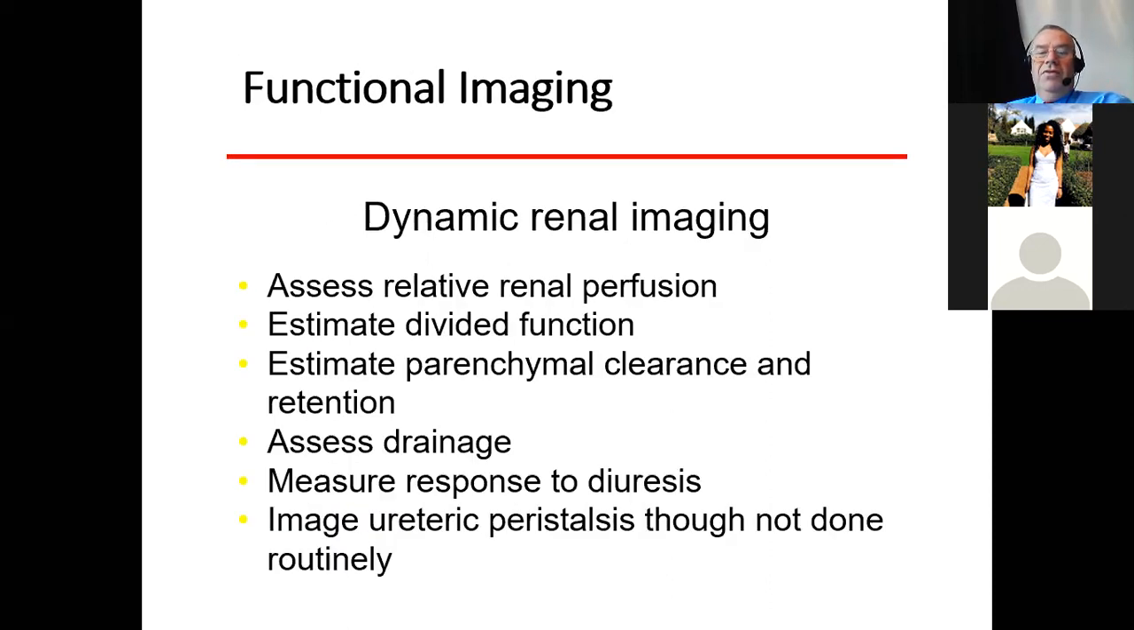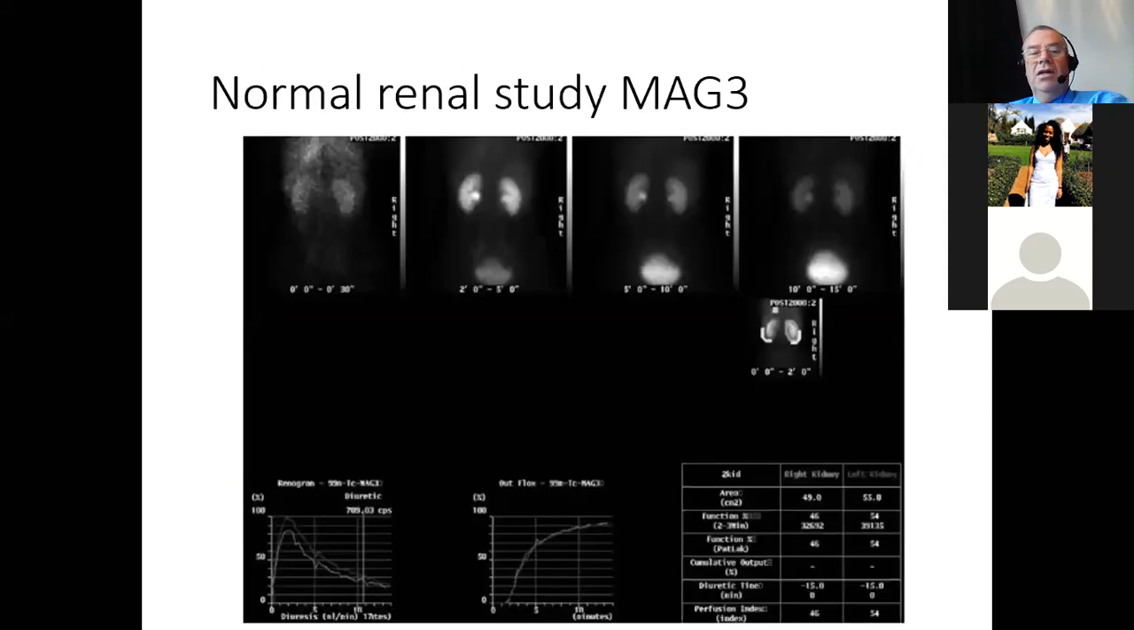We can assess renal function, estimate divided function, and look at parenchymal clearance and retention. We can assess drainage and measure response to diuretic. You can also look at ureteric peristalsis, but that's not done routinely. So here we have a normal renal MAG3, and you can see very nicely uptake in